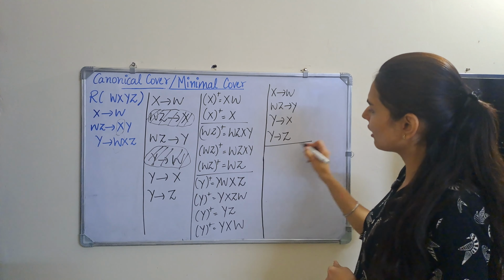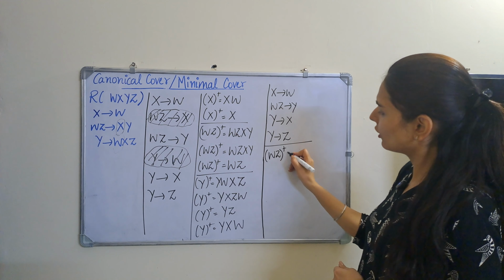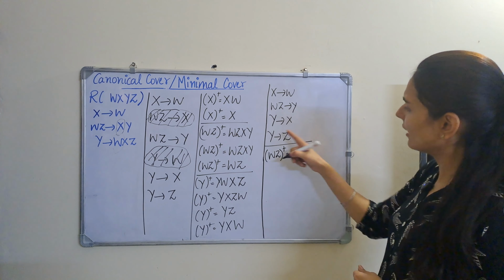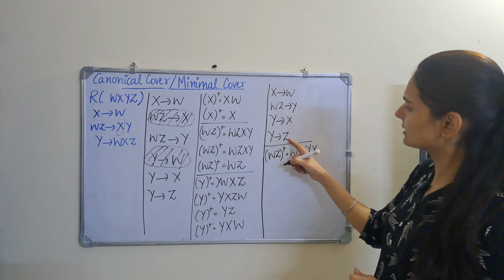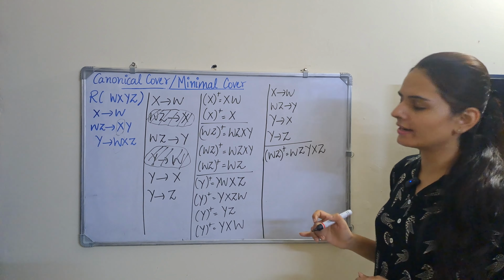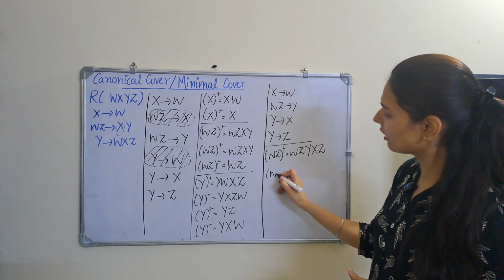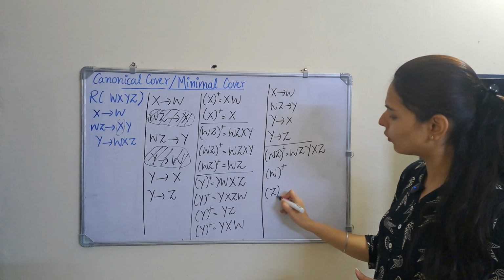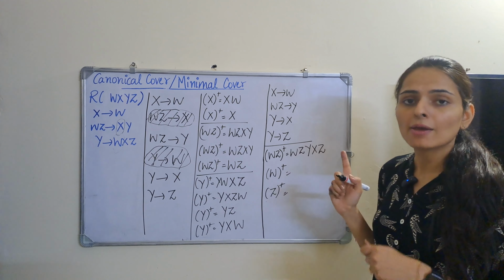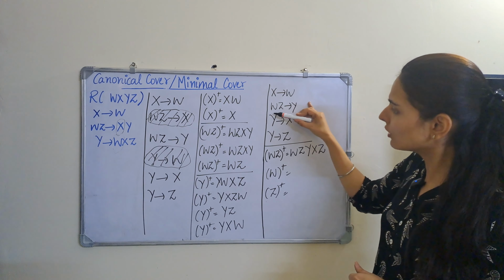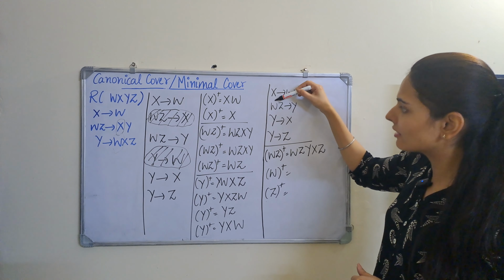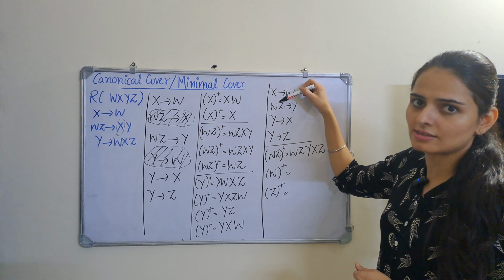So we will have to check if any of these two attributes are redundant. How do we check that? First we find the closure for WZ. So we have W, Z, then Y, and with Y we can have X, then Z, and with X we can have W, but W we already have. Next we have to find the closure of W and Z alone, but this time we won't ignore any of the functional dependencies, because this time we are not trying to find out if the entire functional dependency is redundant. We are only checking whether either of these two attributes is redundant.